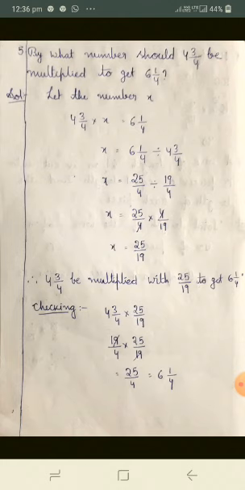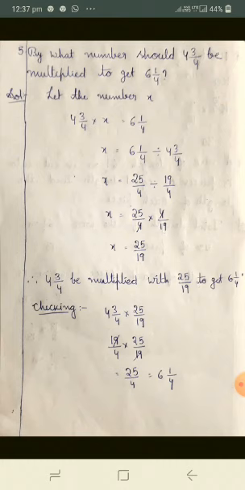So x keep as it is, equal to sign keep as it is, 6 and 1 by 4 keep as it is. Here 4 and 3 by 4 is multiplying on the left side. If you send it to the right side, the multiplication will become division. Now 25 by 4 keep as it is, divide will become into, 19 by 4 reciprocal you have to write, 4 by 19. 4 and 4 you can cancel. So x value will be 25 by 19.